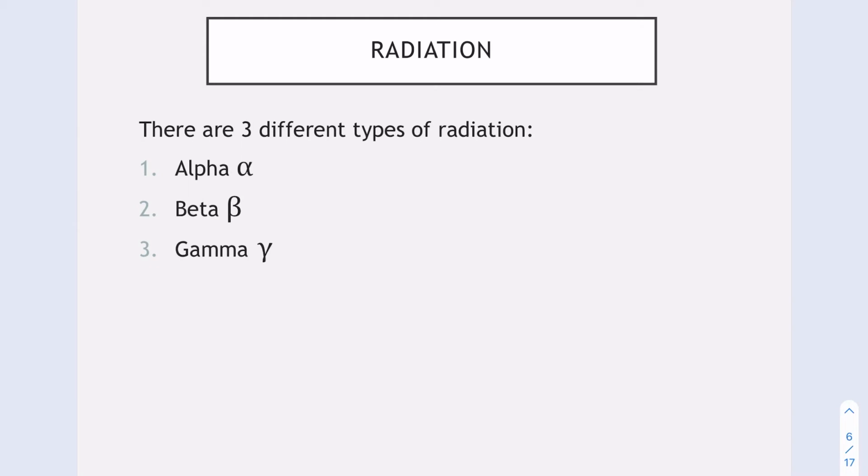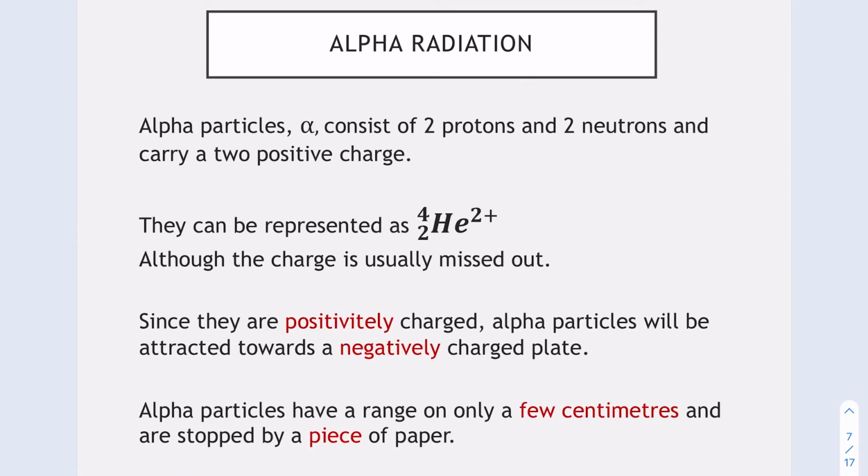There are three different types of radiation that we need to be aware of: alpha, beta and gamma radiation. Alpha radiation consists of two protons and two neutrons, and it carries a 2+ charge, or in other words, it's a helium ion. However, usually we just ignore the charge. Since it's positively charged, it'll go towards something of a negative charge. So for example, if we put it through a plate, it would go towards the negative plate. It can only travel about a few centimetres,